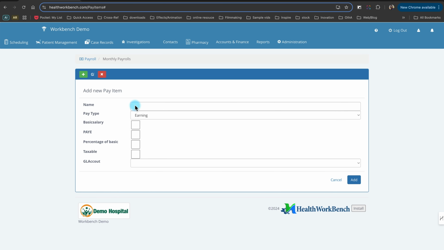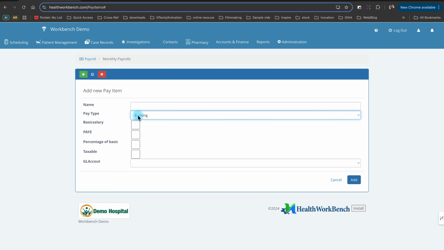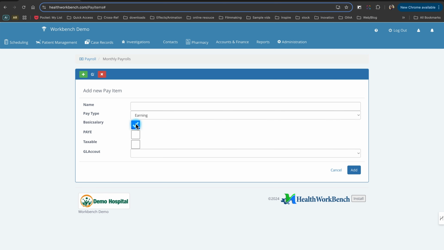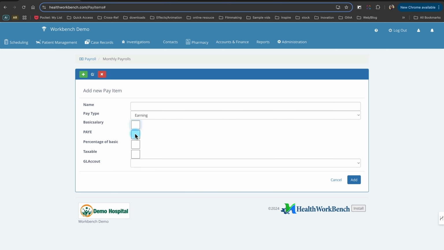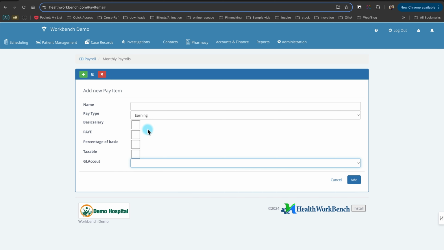Add the name of the pay item. You can select either earning or deduction. Then if it's an earning, you select how the earnings will be handled: if it's to be applied to basic salary, if the earnings will be a percentage of basic salary, if the earnings will be taxable, if it's payee. After that, select the GL account for the payment. Then if it's a deduction,